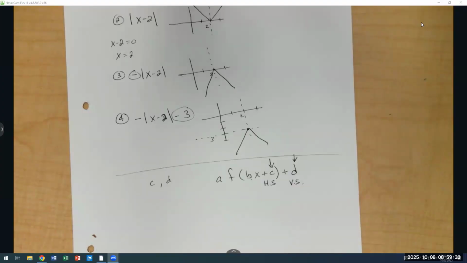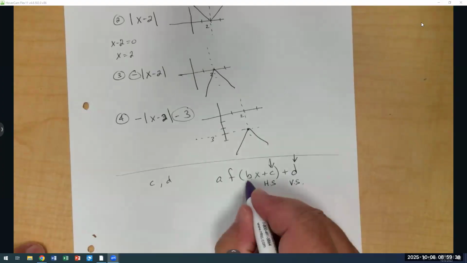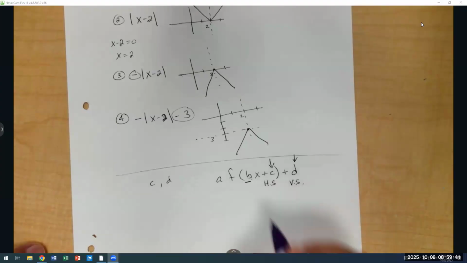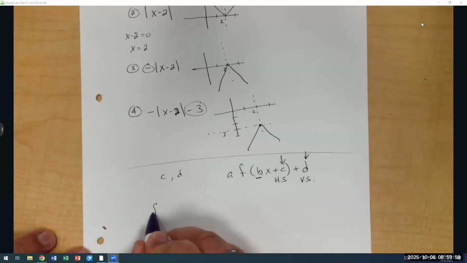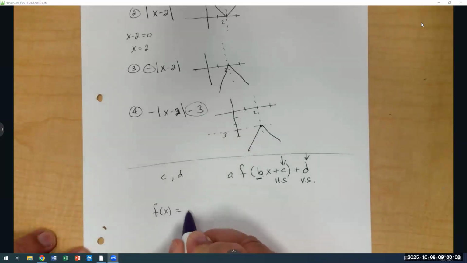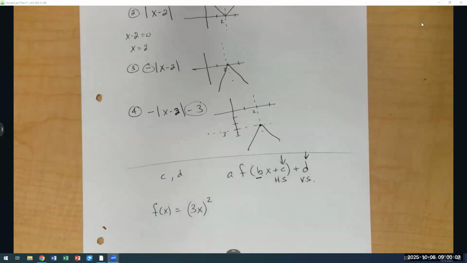Now, the question is, do we want to do horizontal or vertical transformations now? Let's start with horizontal. Let's now look at B. Remember, if it happens inside, what do we do? Is it the same or opposite? It's opposite. So if we had 3x squared,